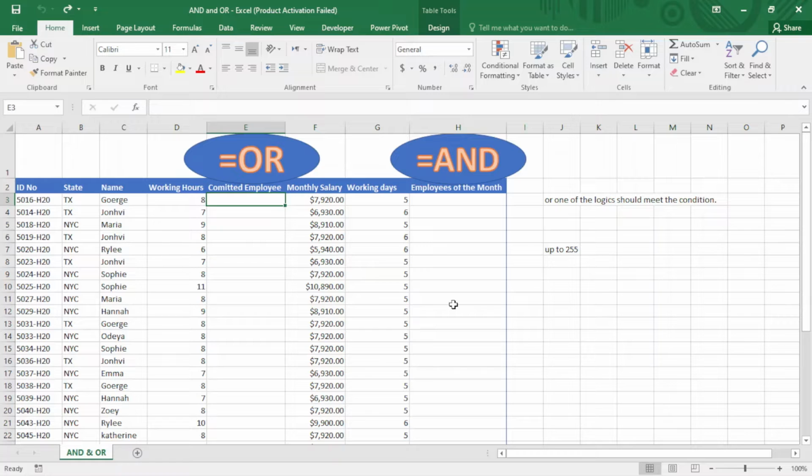So the difference between OR and AND is, with OR, whenever one logic meets the condition, the result will be true. But with AND, the entire logics should meet the certain condition. After that, the result will be true. For example,